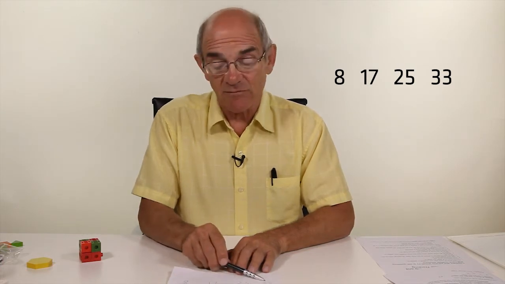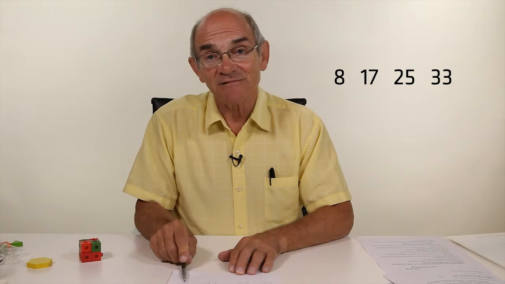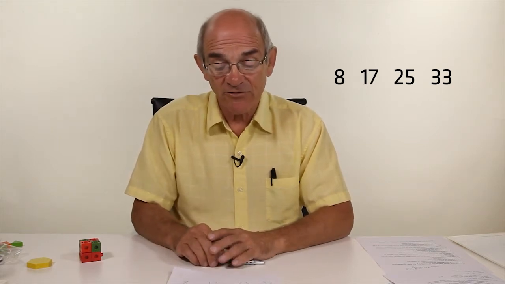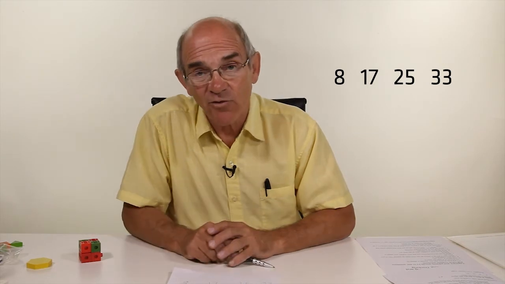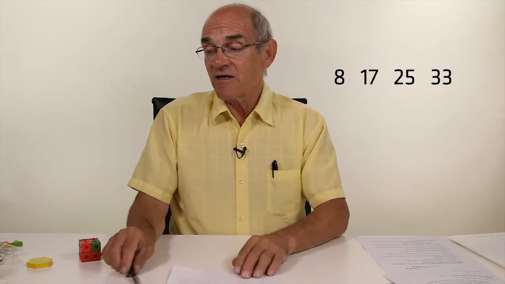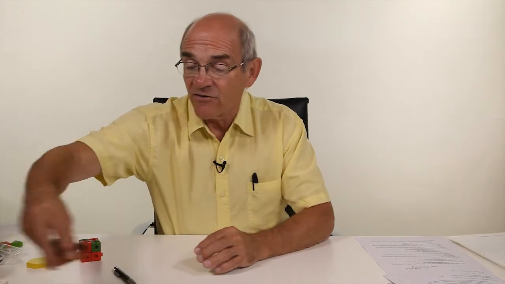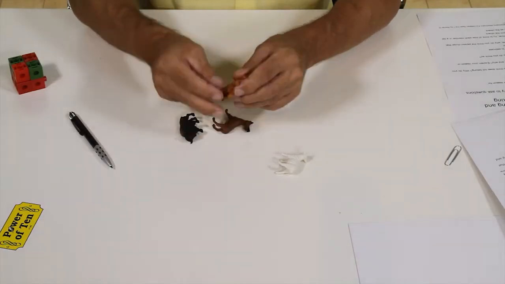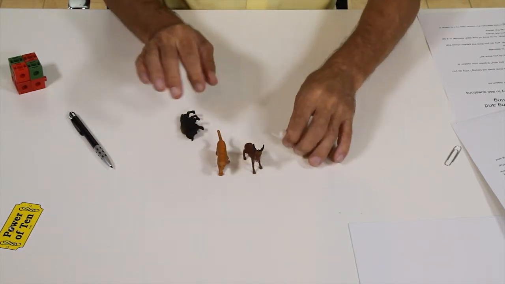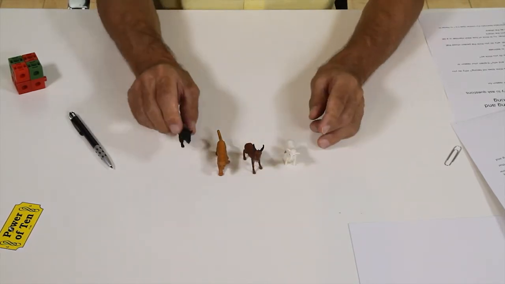33 is the largest number. 8 is the smallest number. There are almost an infinite number of reasons. Some kids will say, I chose 25, I like 25. And this is especially true of young kids. So with young children, this is all about the classification process. You're constantly asking kids, so you have these little animals and you just pick them out and you say,